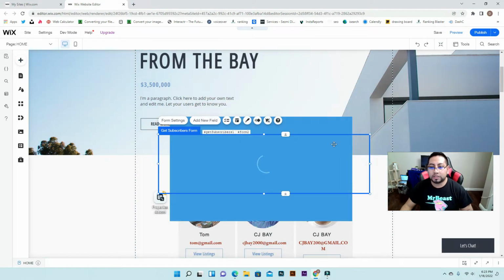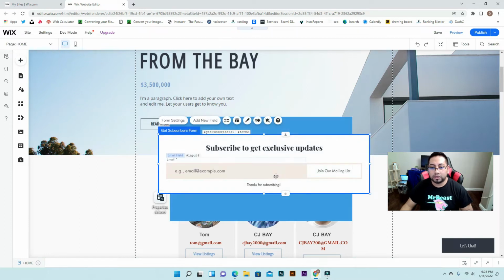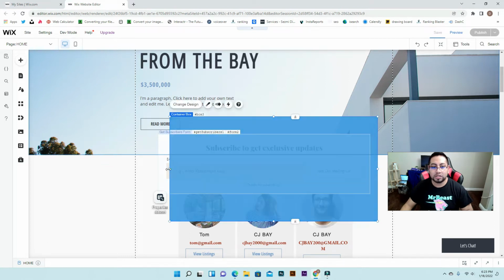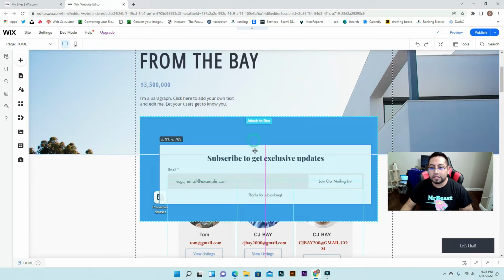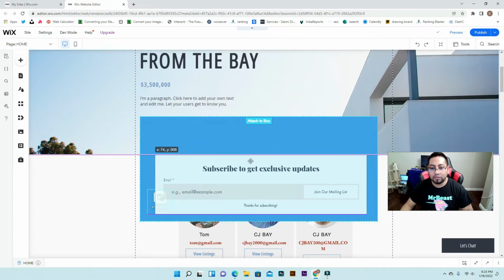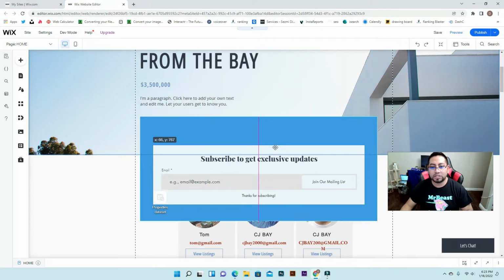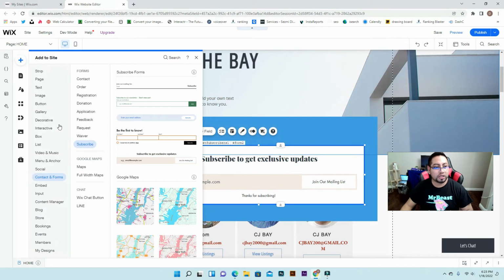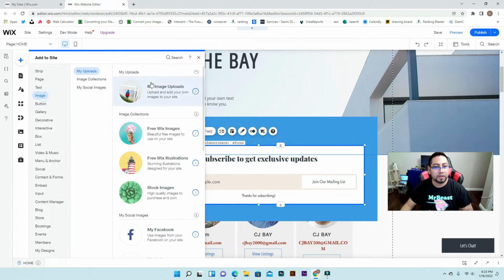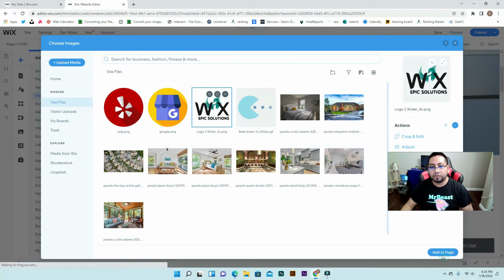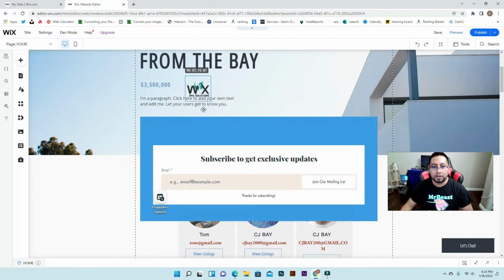Now as you can see, this is bigger than the box, so I'll either minimize this, or I can always adjust the box according to the size of my form. Now this can be used with anything, so if you want to add an image or something, doesn't matter, so you can leave it there. Make sure it's attached to the box, and then we're gonna add an image, so that way you see what it's gonna look like. We're gonna add an image right here, and let's use one of these ones. I'm gonna use that one, and then we're gonna minimize this. We're gonna attach it here to the box,